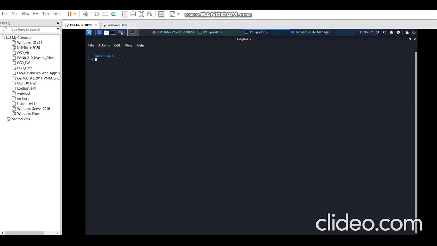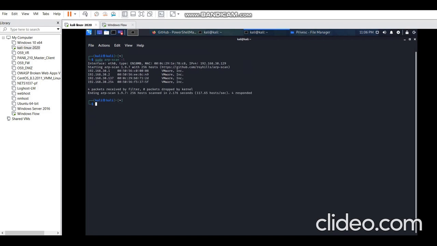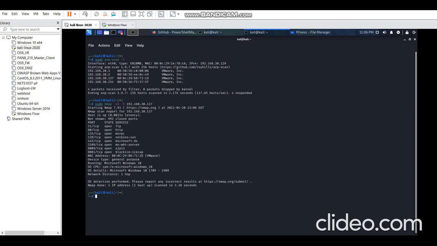Firstly, we need to scan all the hosts connected on this network, and so we'll get a few of the IPs. Now, using this IP, we'll scan for the correct IP for that Windows machine, and -O stands for the OS detail of that VM. Here you can see in the OS detail it's Microsoft Windows 10, so we have the correct IP, and then we'll scan all the ports